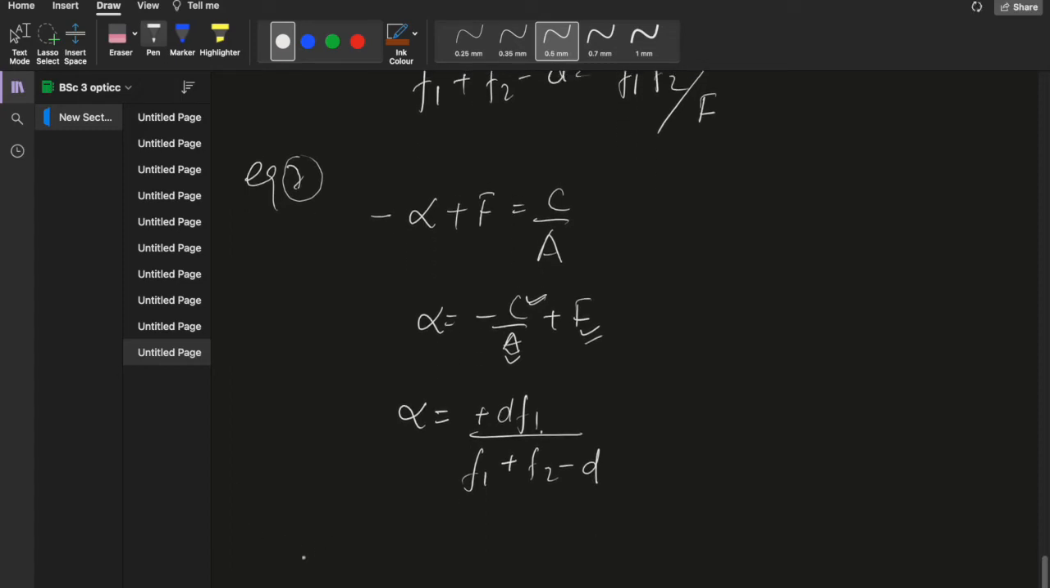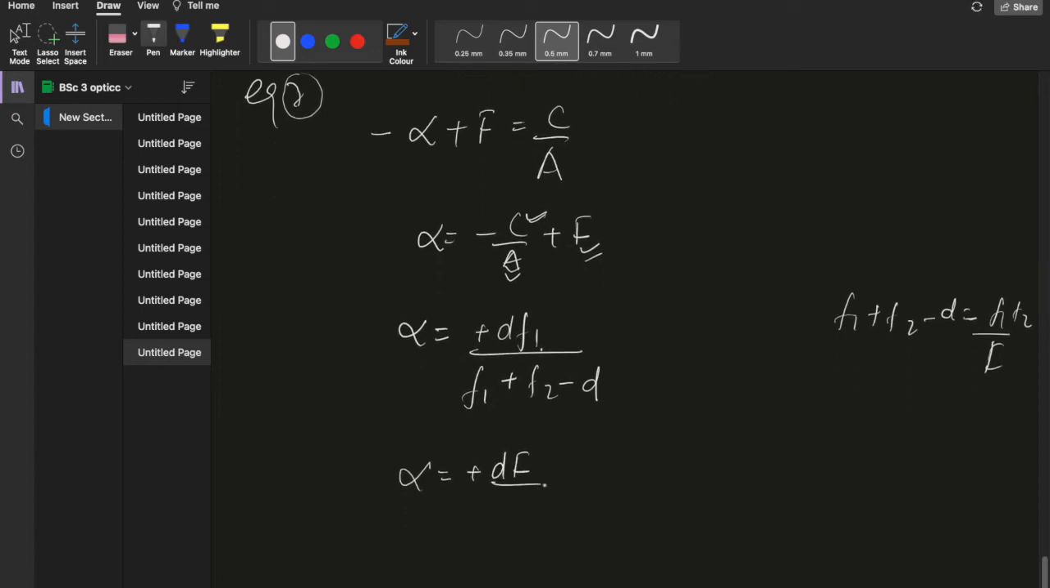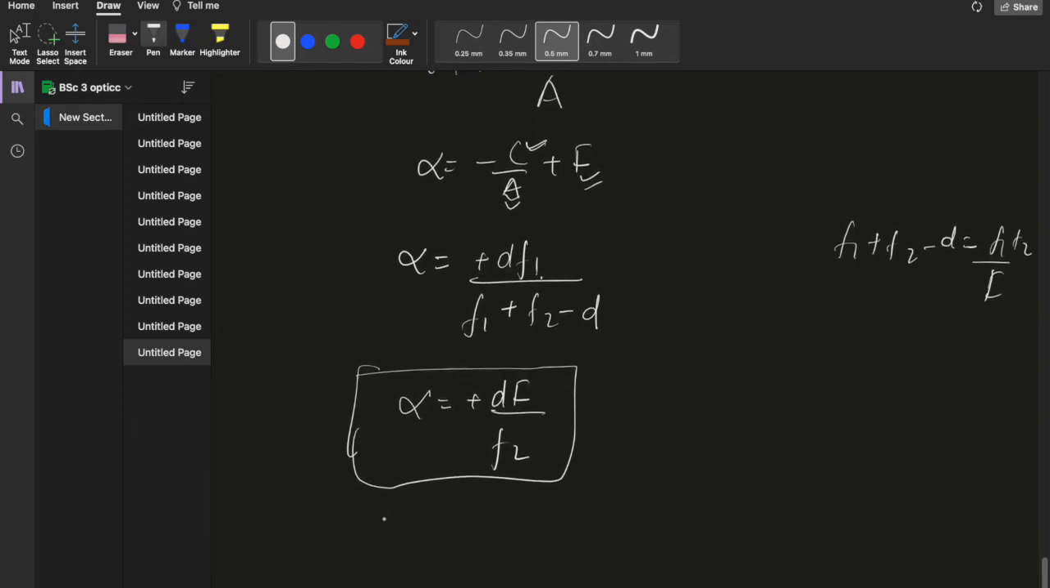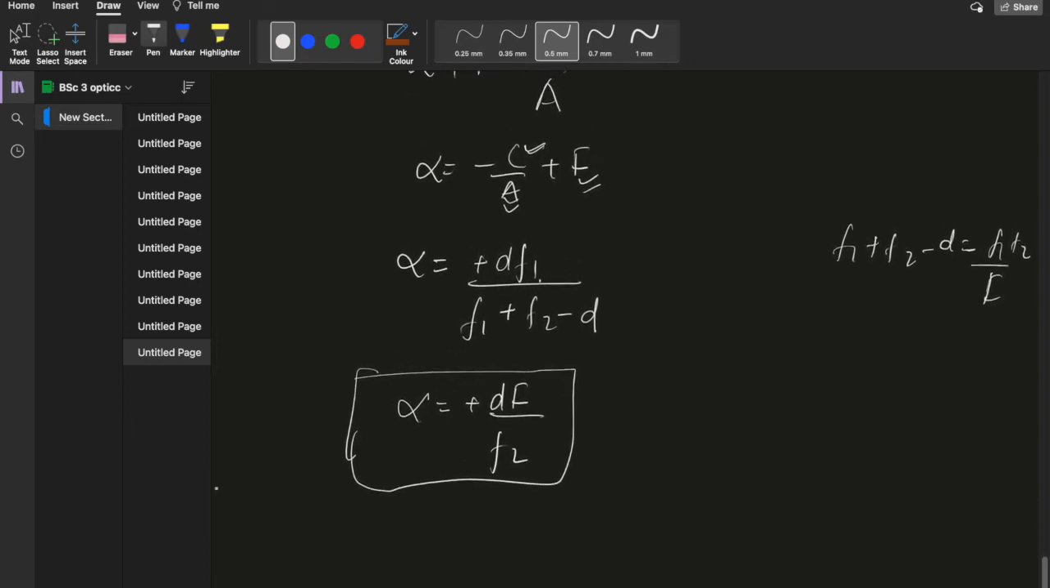If you remember, I had written f1 plus f2 minus d was f1 f2 upon capital F. Just substitute this value, so the final alpha, one cardinal point, becomes positive of d capital F, equivalent focal length, upon f2. So this is our first cardinal point. All right, now for the second, just write